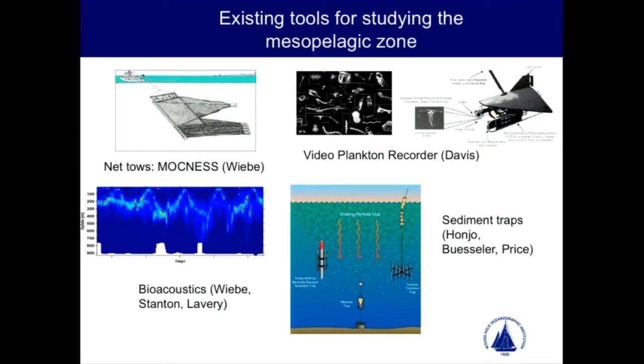We would distinguish what we're doing from this in that these systems, almost without exception, can survey. They can be put on a mooring. They can be put on a fast-moving ROV or AUV. They can be towed at high speed, but they can't stop. And they can't examine these targets and look at them up close the way